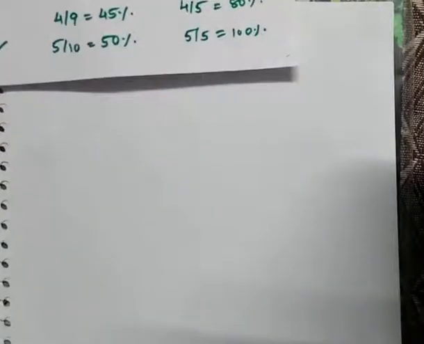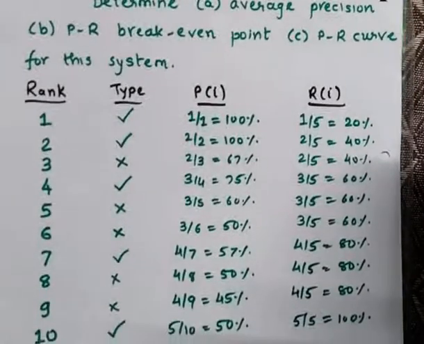Now let us go for the third measure, which is the most important measure, which is the precision recall curve. So the precision recall curve is actually a graph in which the horizontal axis has the 11 standard recall points which are equidistant, starting from 0, 10, 20, 30, 40, 50, 60, 70, 80, 90 and 100. Okay, these 11 standard points of recall are considered, and with respect to these 11 standard points we are supposed to plot the 11 precision points.